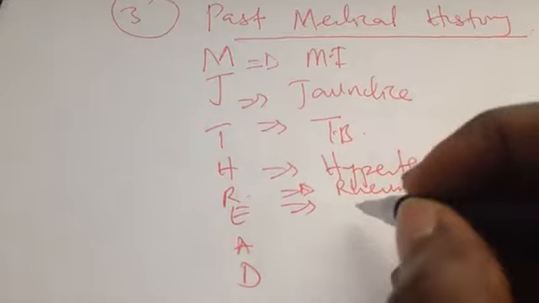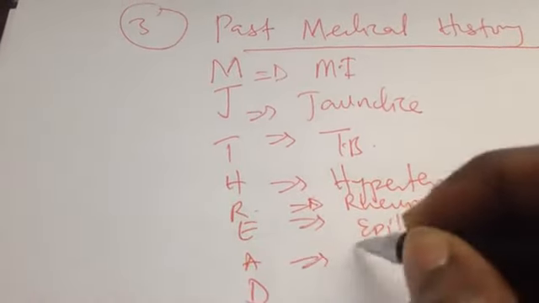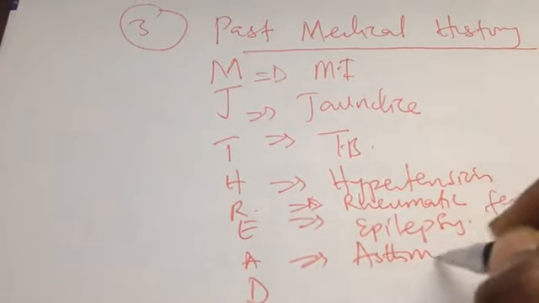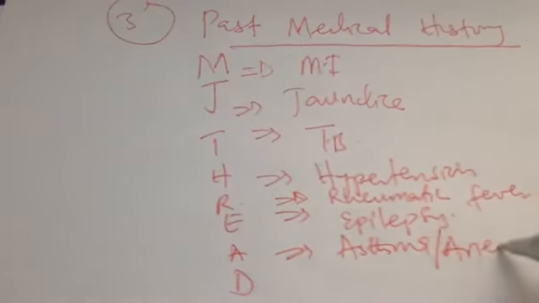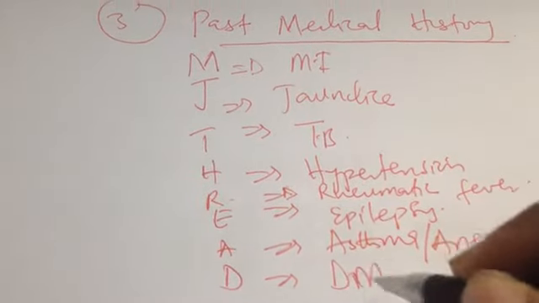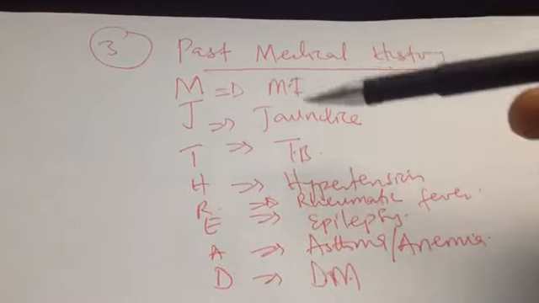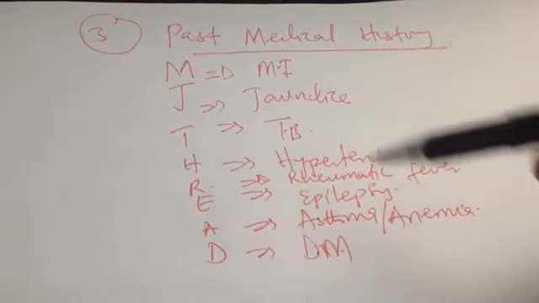This is epilepsy. This is asthma, and then anemia. This is diabetes mellitus. So you have to ask every patient about these diseases, because they are chronic diseases, because they are most